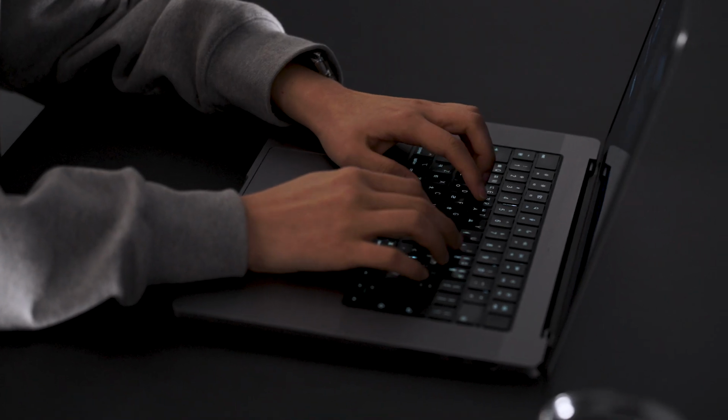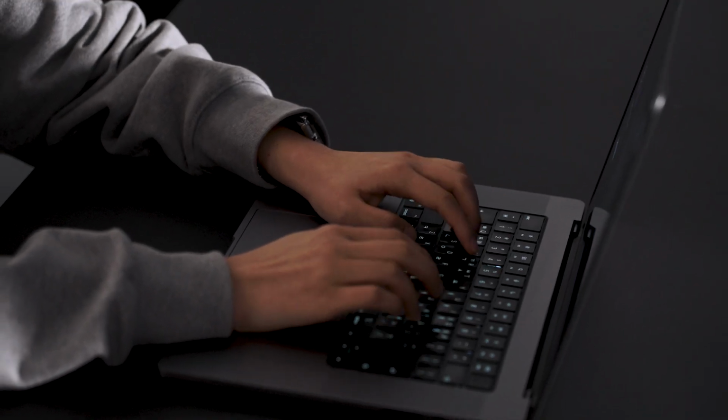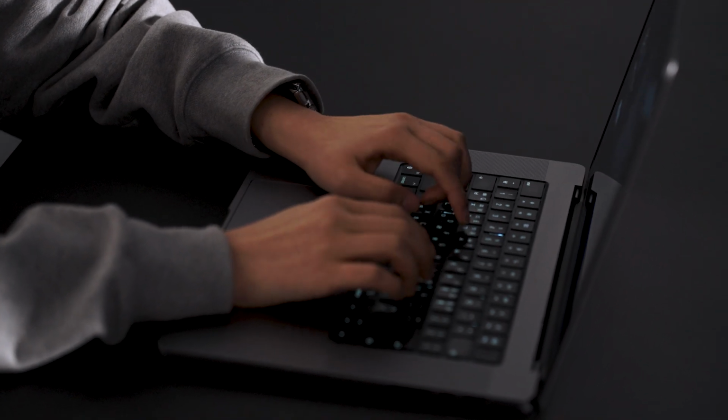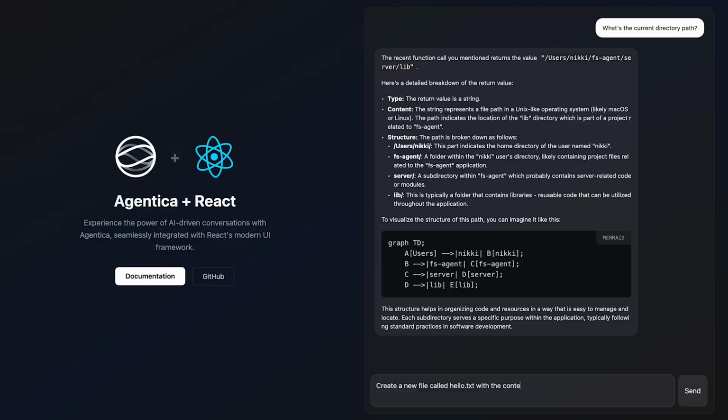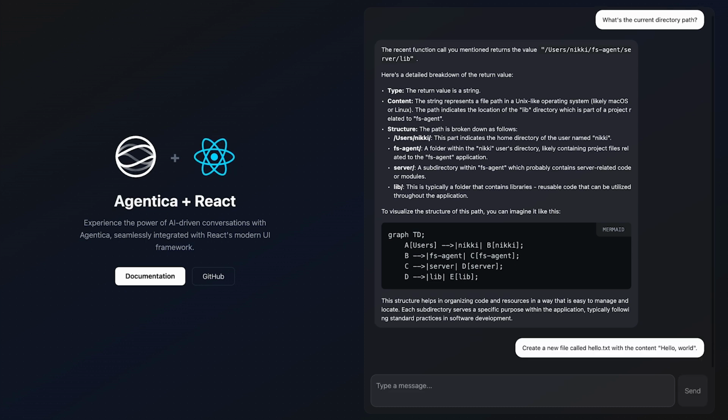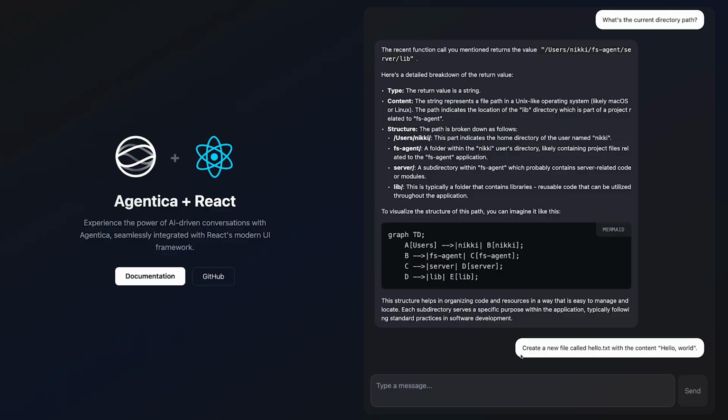So let's say, create a new file called hello.txt with the content hello world. I know this is very boring, but very classic at the same time. So I'm expecting the agent to create a new file named hello.txt.